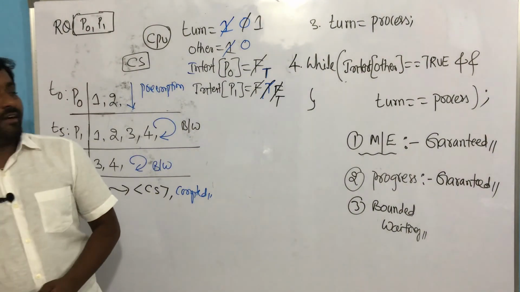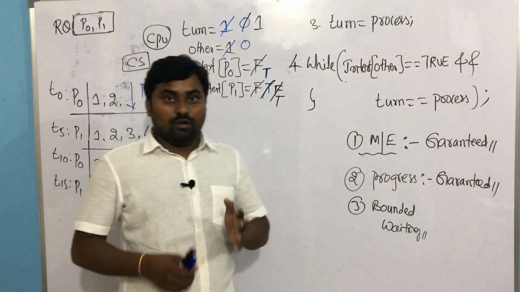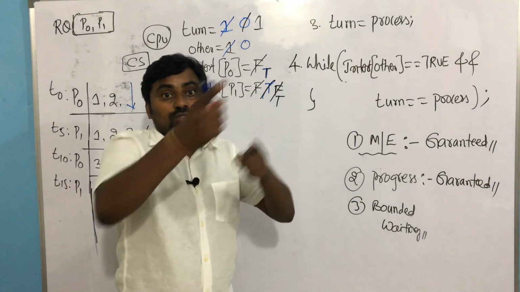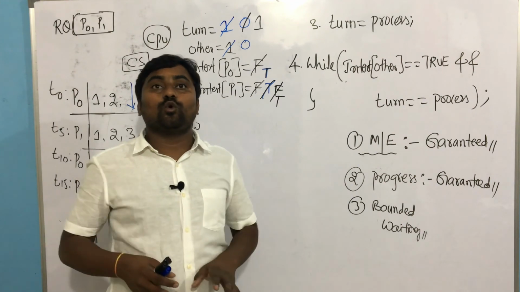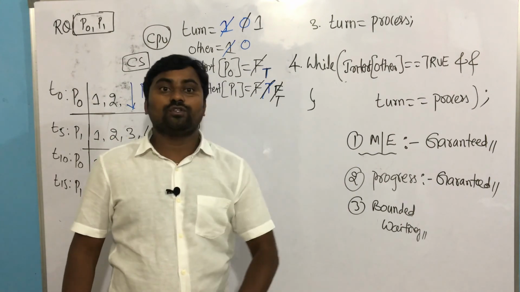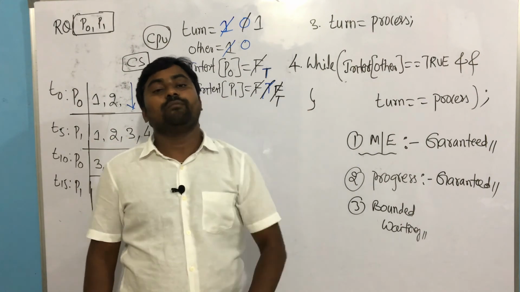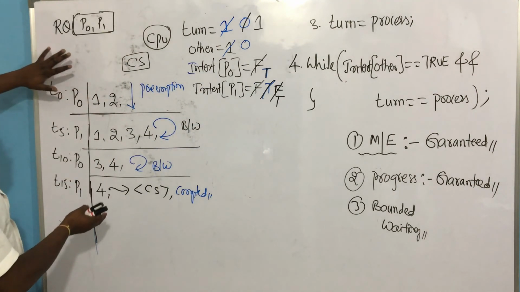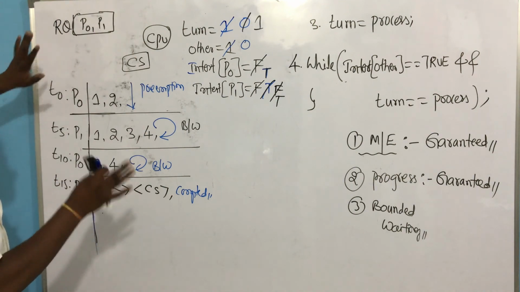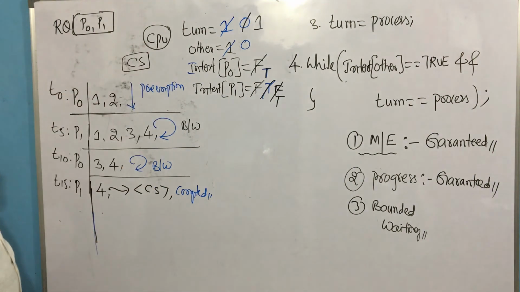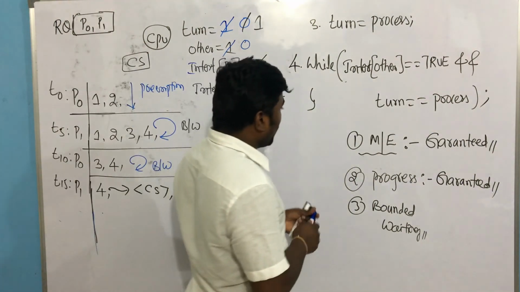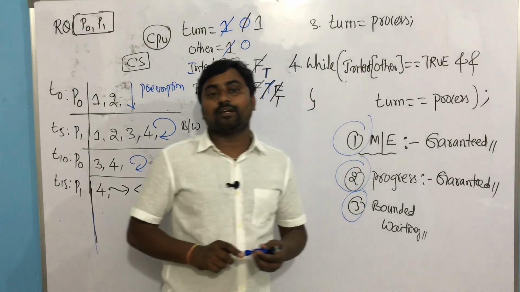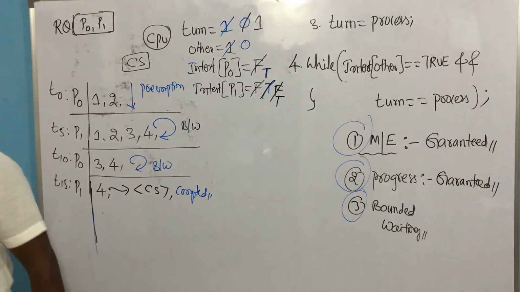Bounded wait is also guaranteed. How is it guaranteed? I told you. See, the second time you try to use the critical section, it is not allowed by the waiting process. The waiting process should go first and use the critical section, and only then do you allow the second time. So that is happening here. And the trace plot, copy it clearly and write the code also clearly. So now this is the note point you observed. Mutual exclusion, progression, bounded wait are absolutely guaranteed by the Peterson solution, which I told you initially.